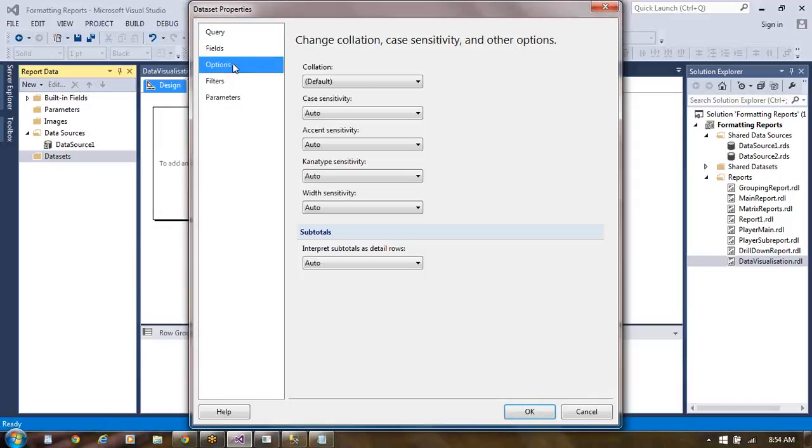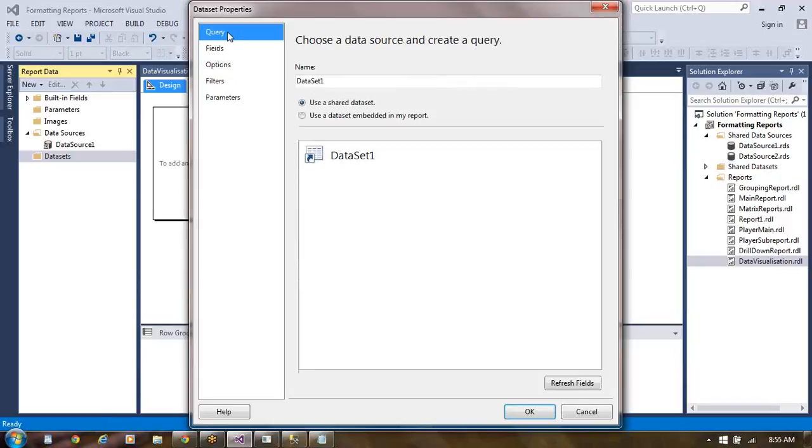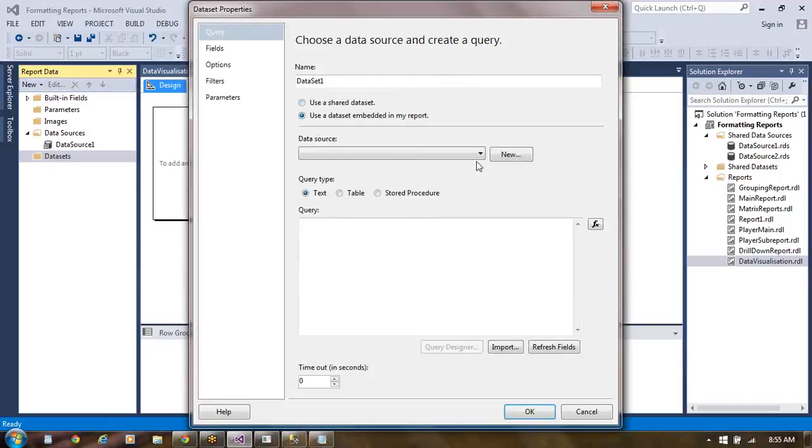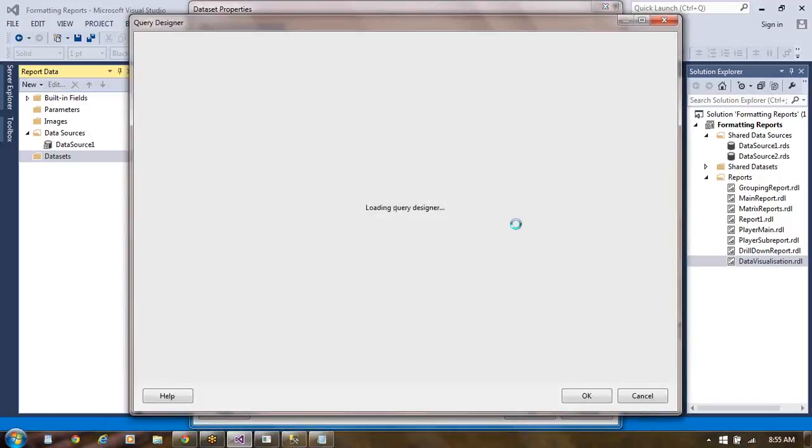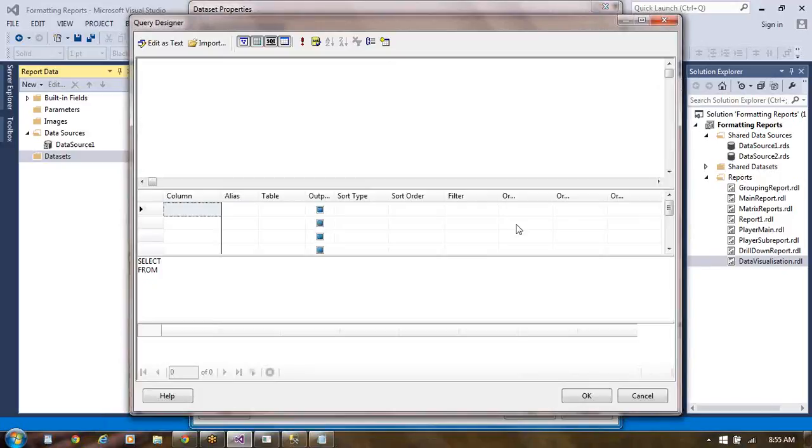There are no fields, there are no options in this. Okay, coming to the query window only here. Use a data set embedded in my report. Data source is going to be data source 1. Now go with the query designer. From here choose the query and try to retrieve data from the sales territory as well as sales order header.